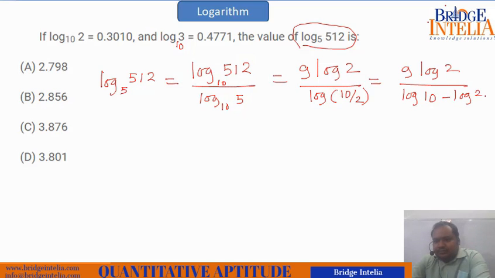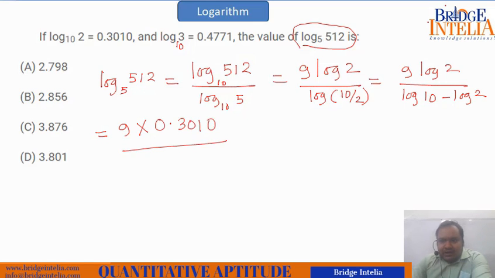Okay, now we simply substitute this value. So this is equal to 9 times log 2, which is already known to us. It is 0.3010, whole divided by log 10. The base is 10, so log 10 to the base 10 is actually equal to 1. So 1 minus, again, log 2. Log 2 is 0.3010. So this is 9 times